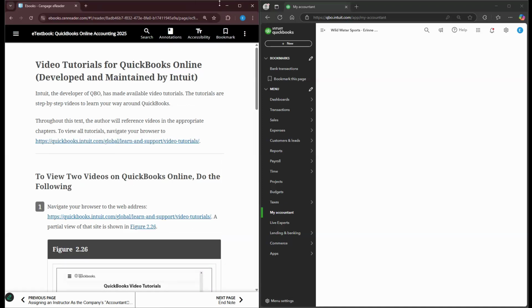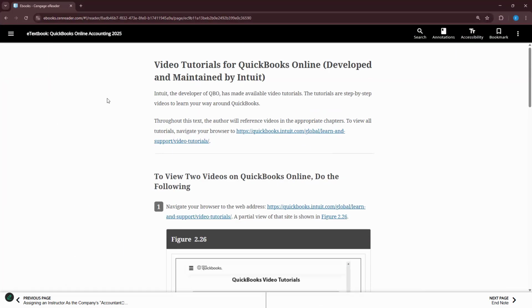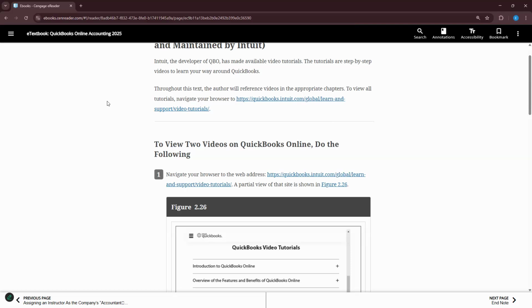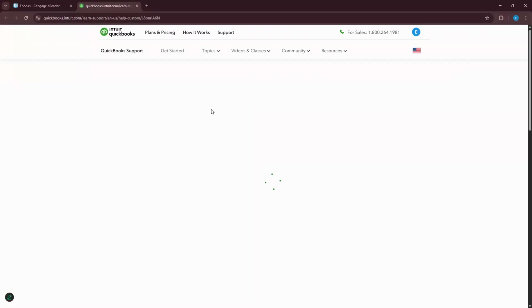So there are some video tutorials of QuickBooks Online developed and maintained by Intuit. So Intuit is the developer of QuickBooks Online. They've made available video tutorials. There are step-by-step videos to learn how to navigate QuickBooks Online. So in order to view some of the videos online, here you have QuickBooks. You can just select it and it will directly take you